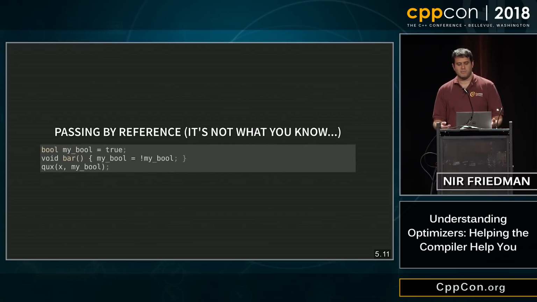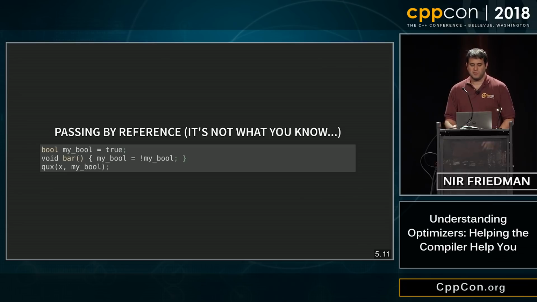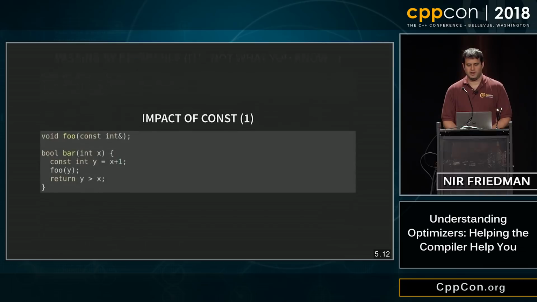So here's my bool. It's a global. Everyone's spider sense should be tingling now. Something bad is coming. So my bool is a global, and bar is flipping the global over and over and over. How super obnoxious is that? So when you call this for loop, you'll actually alternate between calling foo and not calling foo. Whenever you pass something by reference and you want to ask yourself how this will optimize, you really need to assume the worst. The worst for passing by reference is basically if you pass a global, because now every single function can change it.